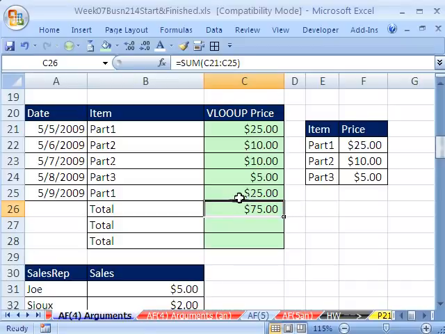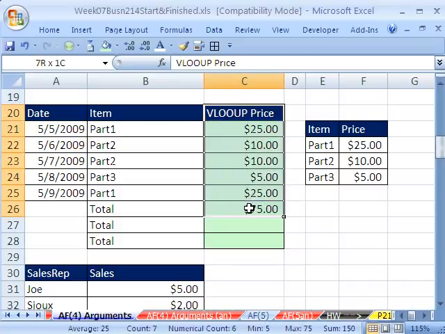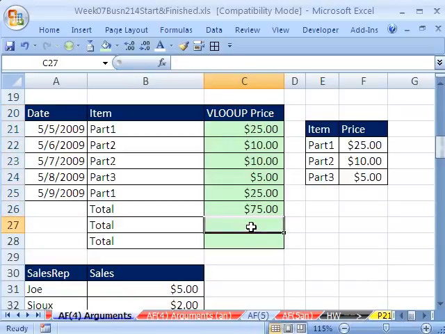Okay? What we had to do, though, was add an extra column. And a lot of times you don't want to do that. You just want one formula that will actually look up the values here and then add them all together. Because really our goal is just to add whatever the sales total is for this series of records. Now I always have little data sets here so it can fit on the screen, but obviously, a huge data set, this would be,